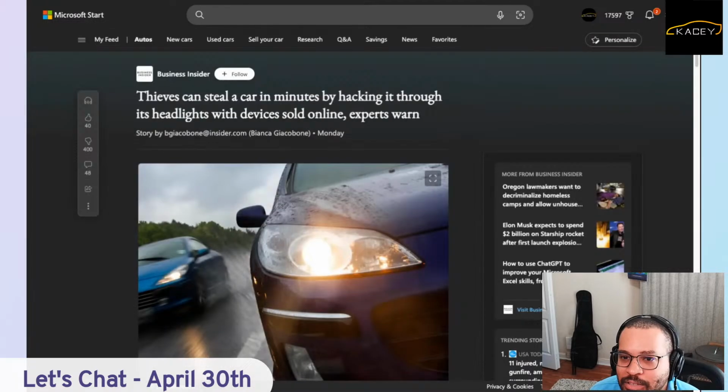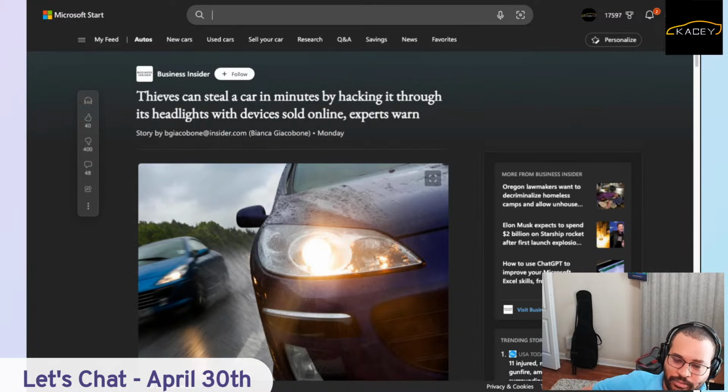All right, so this one isn't exactly an EV thing, but it is a modern car thing. Business Insider, I know, is not the best source by any means, breathlessly says in their headline, thieves can steal a car in minutes by hacking through the headlights with devices sold online. Experts warn. All right, so then rather than continue to give more to Business Insider, let's go to